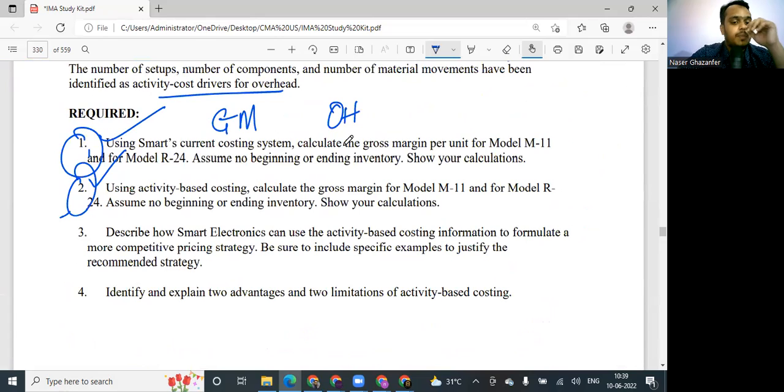Now, what do I need to do here? Describe how Smart Electronics can use the activity based costing information to formulate a more competitive pricing strategy. Be sure to include specific examples to justify the recommended strategy. Here I can say that